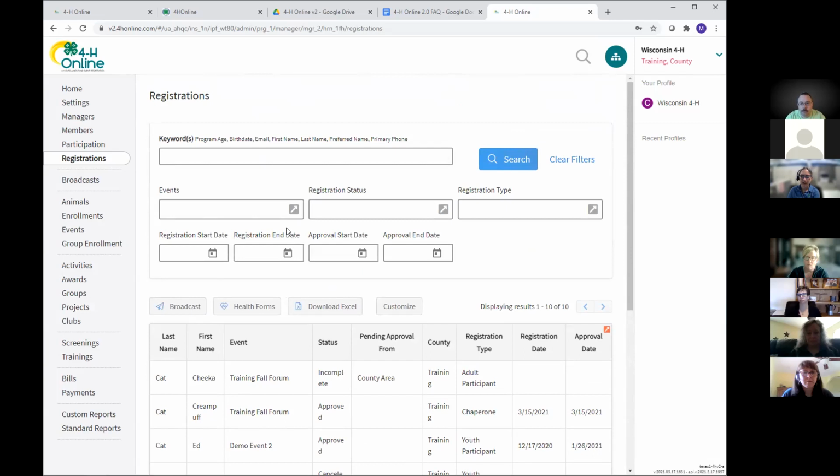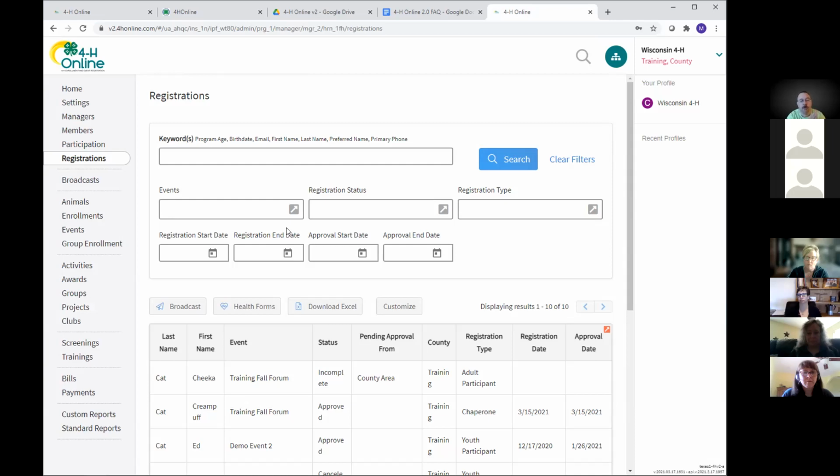Mike, can volunteers create events or only staff? Only staff can create events. However, if you have a volunteer-led event, there is a way that you can grant them access to edit, look at registrations, run reports.